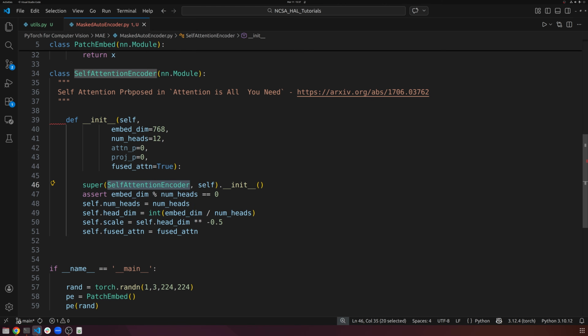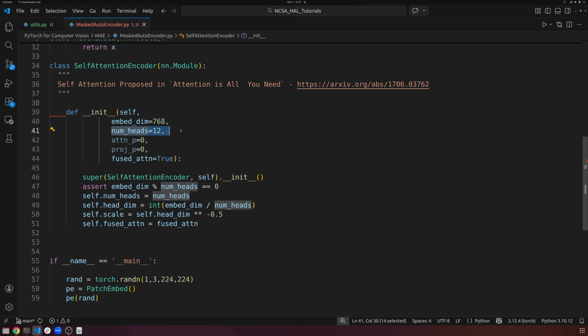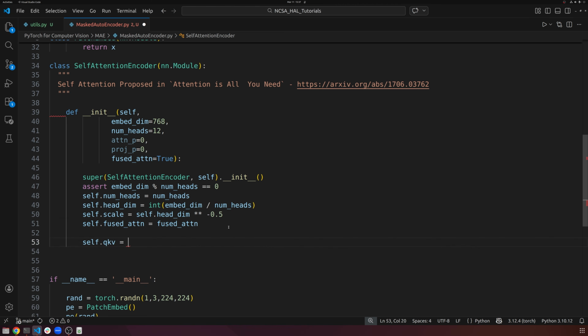So yeah, this is our self-attention. How many heads do we have? If our embed dim is 768, then of course our head dim, the per-head embedding, is going to be 768 divided by 12. So we just verify that it's actually divisible. That's our head dim. And then we grab our scale, we have to divide by the square root of the head dim. So that's where we get that. And then we have whether or not we want to use fused attention, and we probably do, just for efficiency. Self.qkv is going to be equal to, I seem to be missing